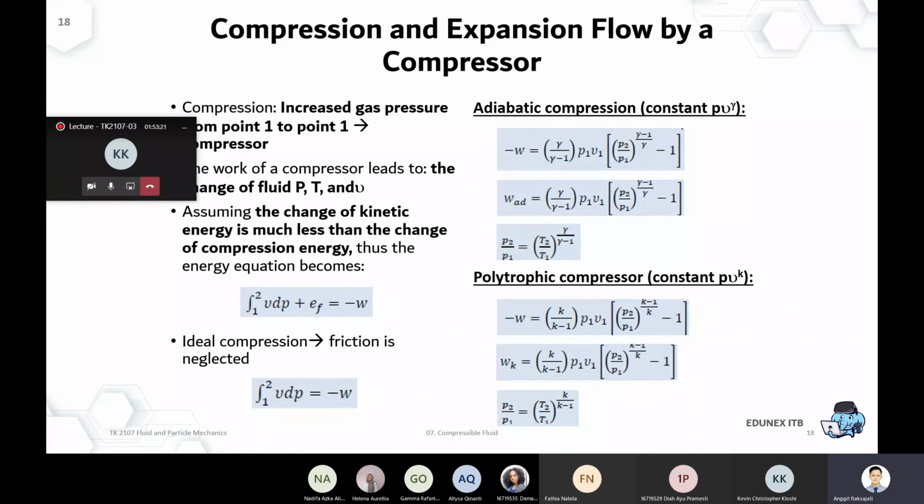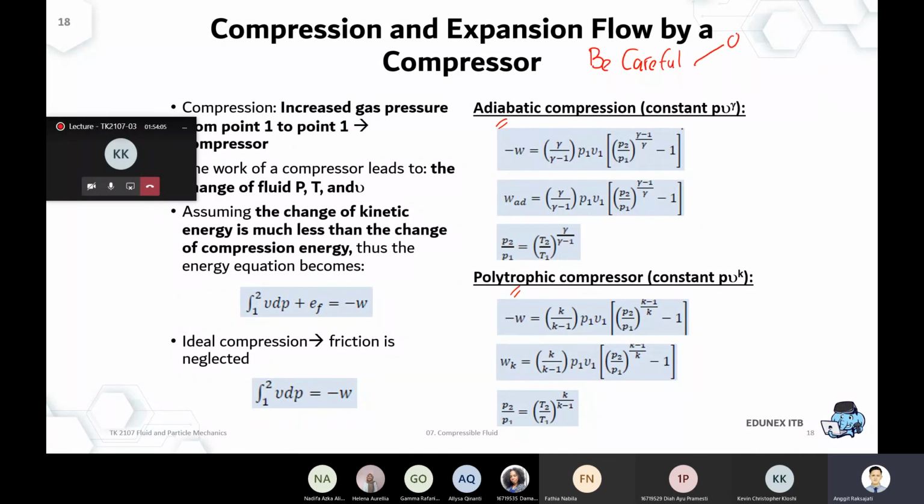Okay, I think that's it for today. Next Tuesday, we will start from slide 18. Just a heads up, it is very similar to your Module 1 thermodynamic exam. Adiabatic compression, polytropic compressor, even the formula looks very similar. But be careful. I just give one setup for you to check with the formula in Smith-Van Ness, for example, or in Pak Sanggono or Pak Hardev notes. Be careful. It looks similar, but not completely the same.